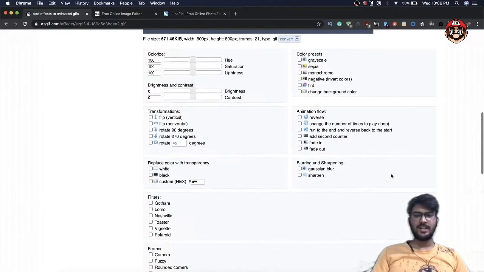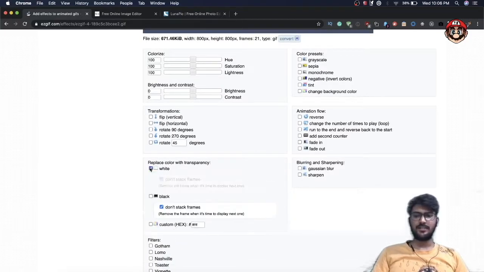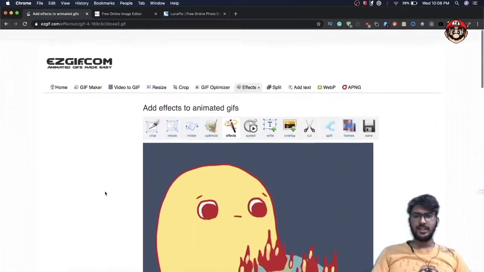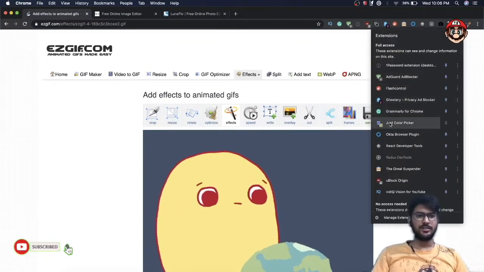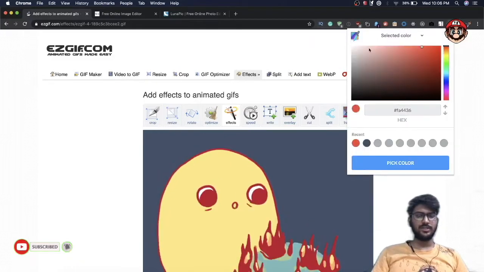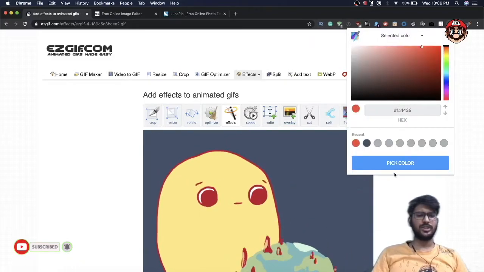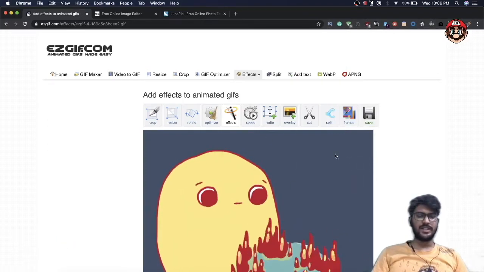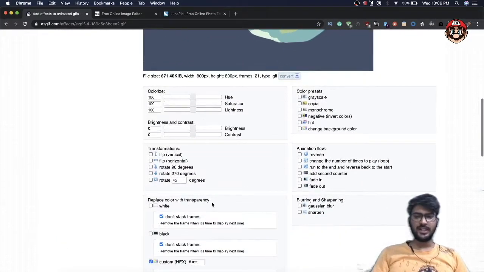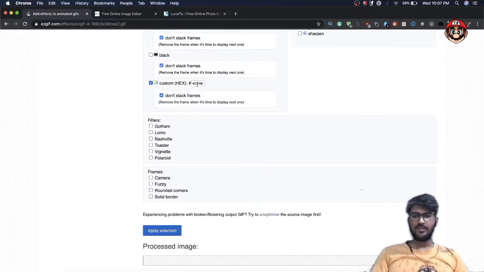You can directly put that hex code here, or you can select black or white. But in my image it's different, so I'm using a color picker. You can use any color picker you want. Select this color and put it in here, and after putting your hex code here, you can apply the selection.